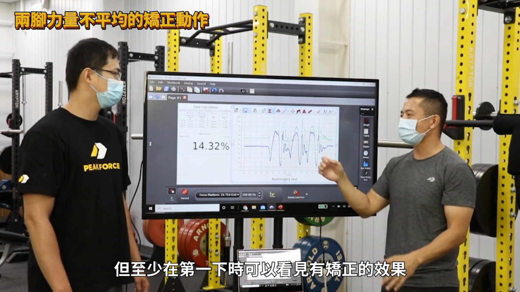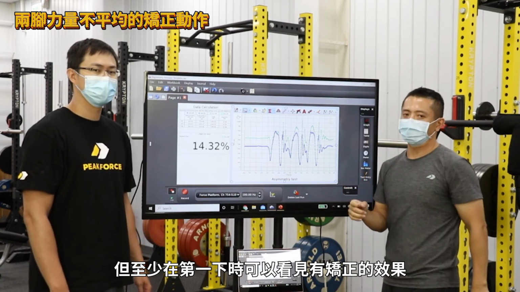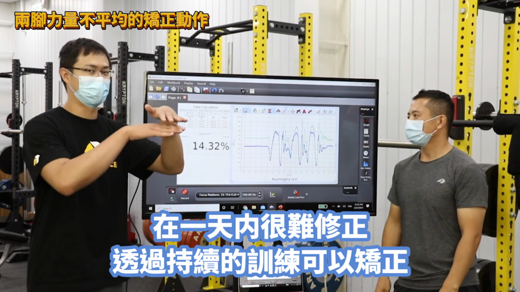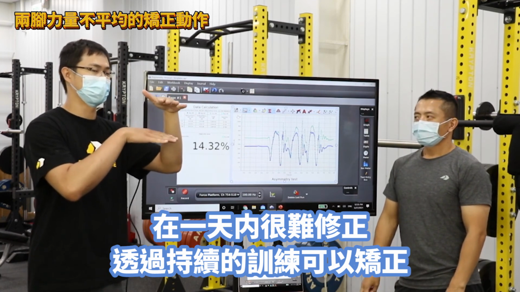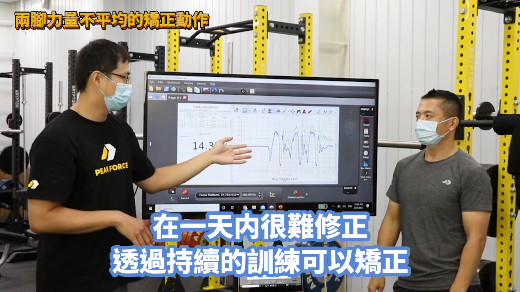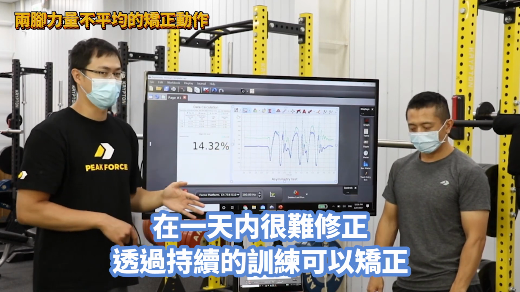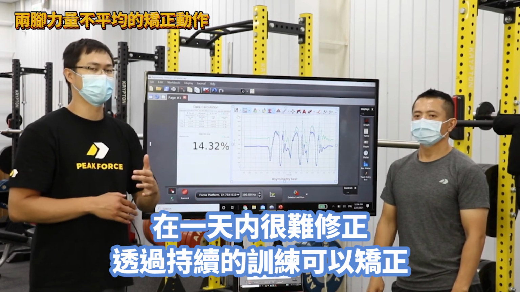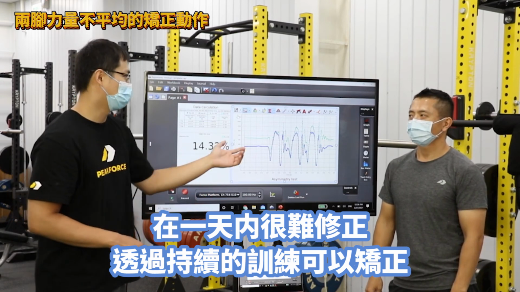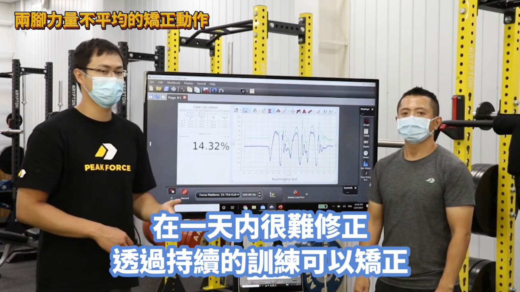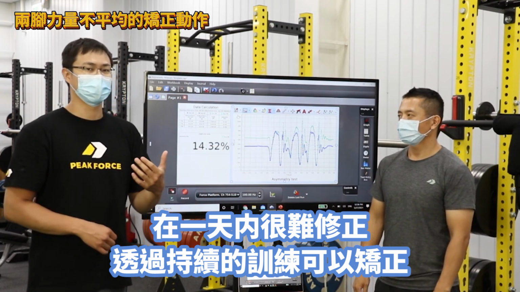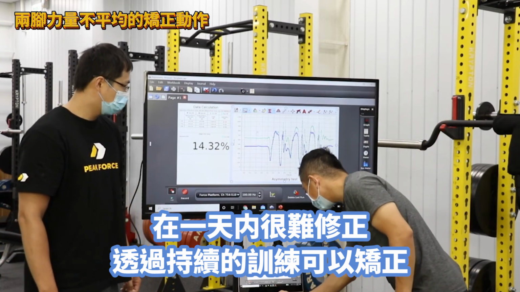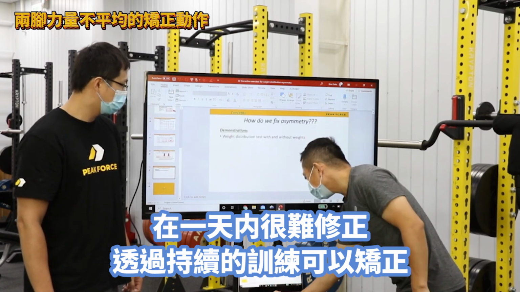But at least the first one, I can see that the correction is there. 好，那可以注意到第二下、第三下的时候呢，我的差距又变大了，那差不多又回到10% 左右吧。那所以说，我们透过这样的图表可以注意到说，其实训练它不是一朝一夕的事情，它是一个进程，就是会越来越好的进程。那所以至少我们在第一下中可以看到，至少这样的训练，它对于它的这个不对称性，它是略有帮助的。